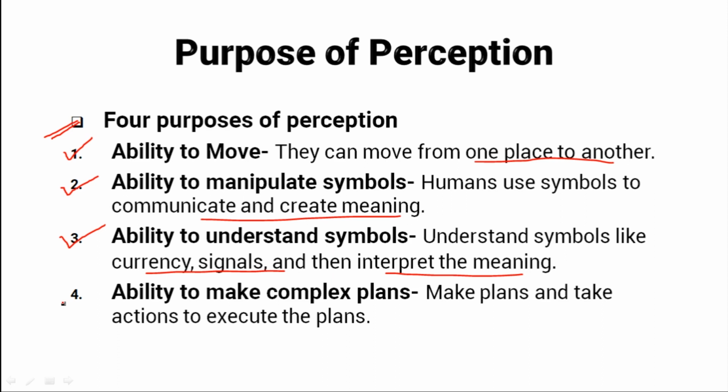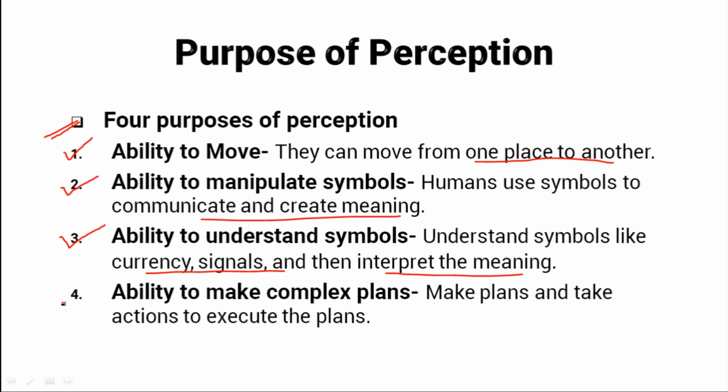For example, if you see a red traffic light, you know that you should not cross the road. Similarly, if you see a green traffic light, you know that it's safe to cross the road. Does it make sense? So similarly, the symbol of a dollar sign represents money. When we look at these symbols, our brain interprets them and gives them meaning based on what we know about them.